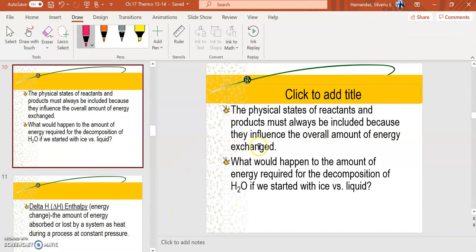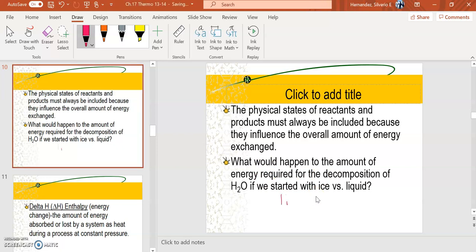And so here in this slide, it's asking me, what if I was looking at a physical change? Would the states of matter be taken into account, or would they influence the overall amount of energy that's required to change one substance into another? So, for example, here, if I was